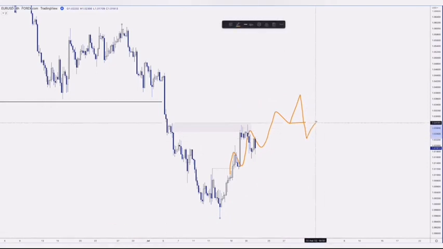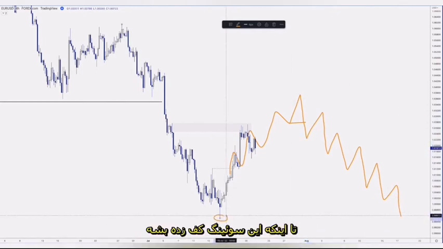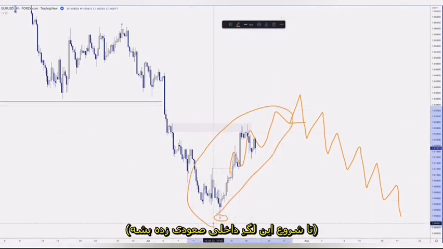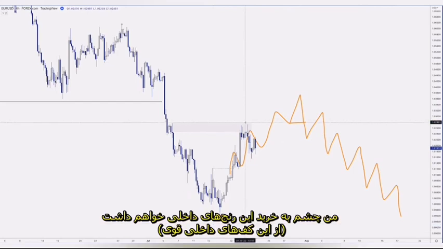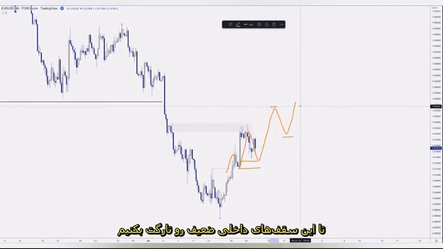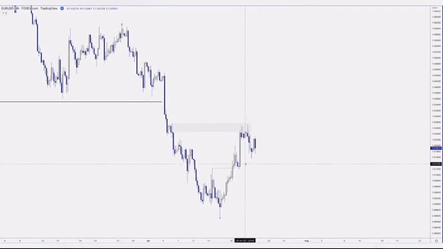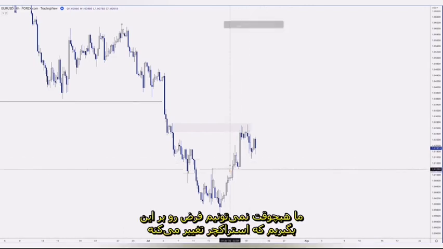And then what do we expect? We then expect those bearish internal ranges to hold, order flow to be respected until it takes out that swing low, right? Until it takes out the start of that bullish internal leg there. So that's basically it. So I will be looking to continue to buy these internal ranges, to continue buying from these strong internal lows, targeting these weak internal highs until otherwise. Obviously, we can use other confluence to anticipate when that may change. We never assume that structure will change,